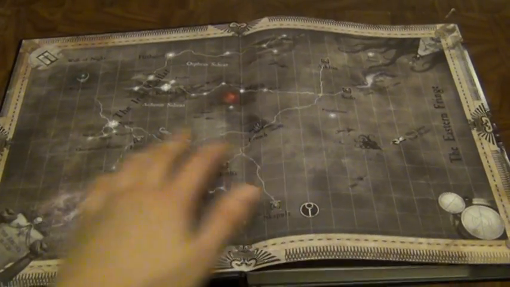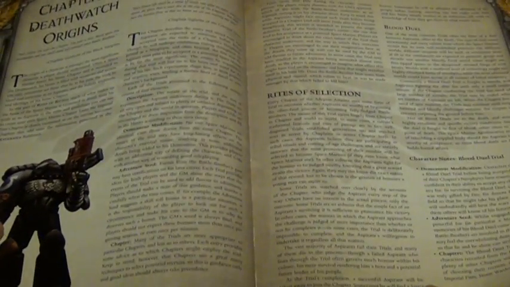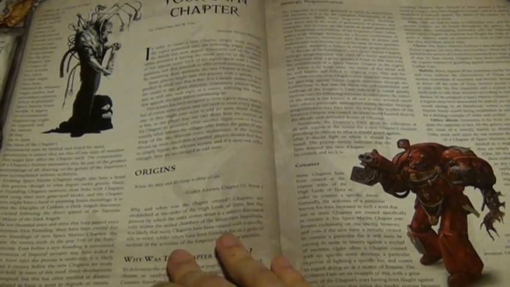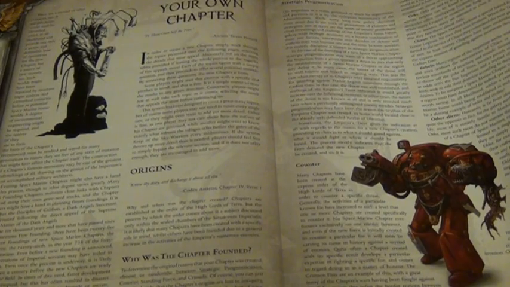Jericho Reach map yet again. And pretty much, we start off with Deathwatch Origins, more about creating a Deathwatch. And right into Birth of a Chapter, which is pretty much making your own chapter. And it goes pretty in-depth into it. It covers